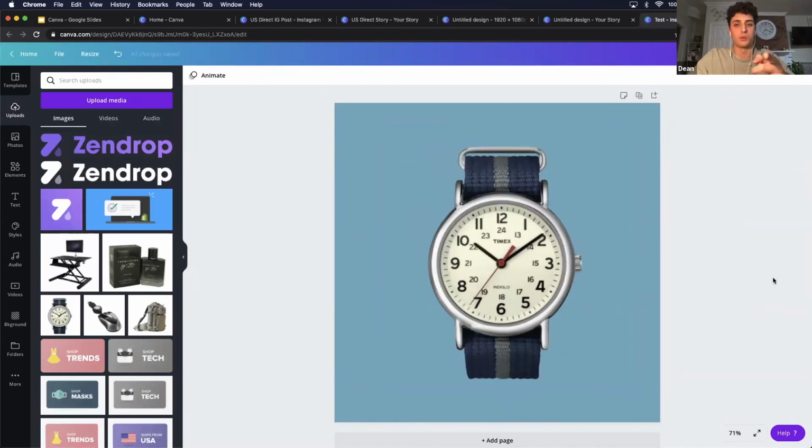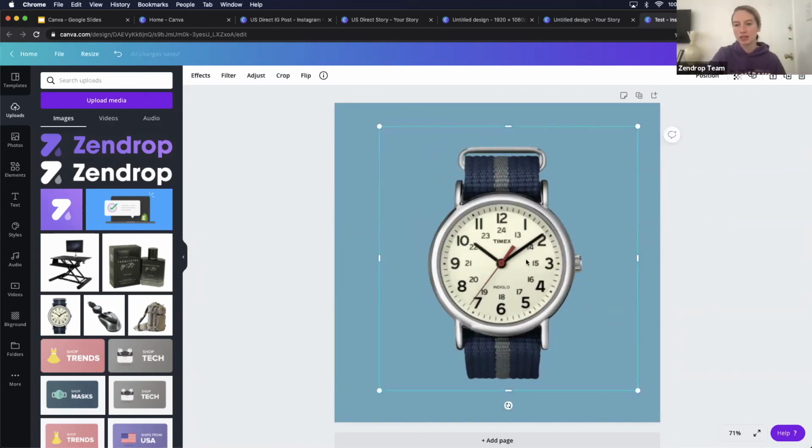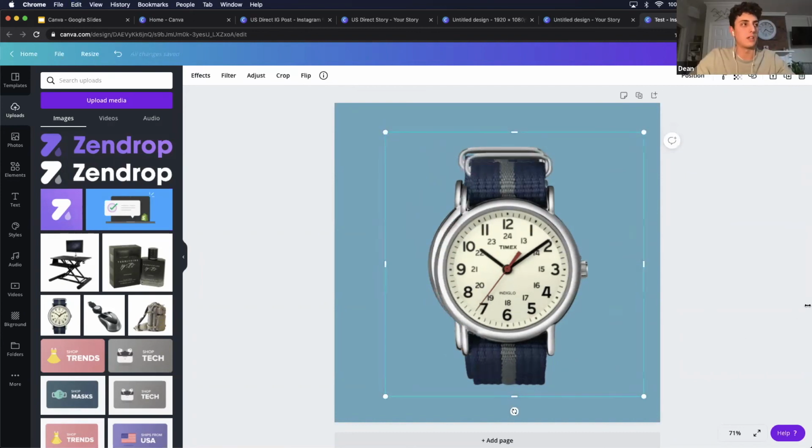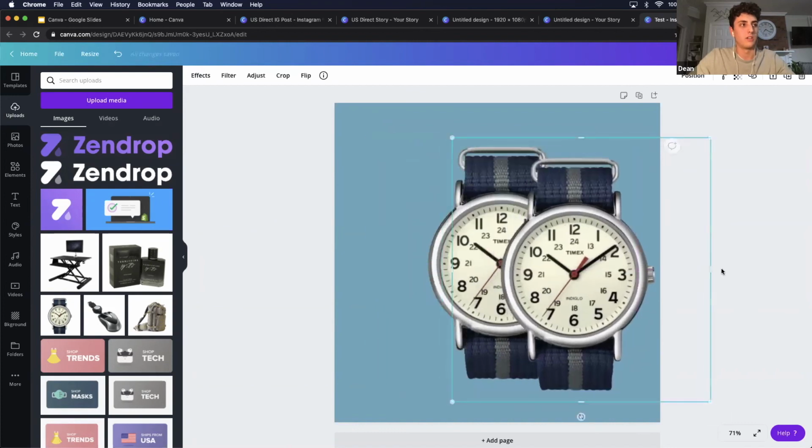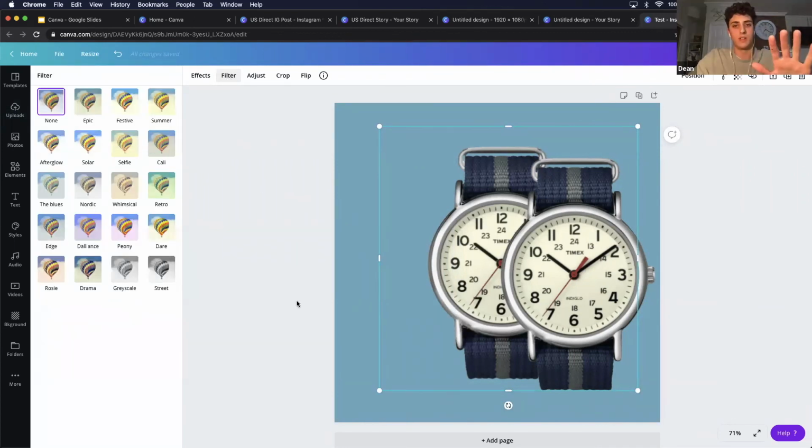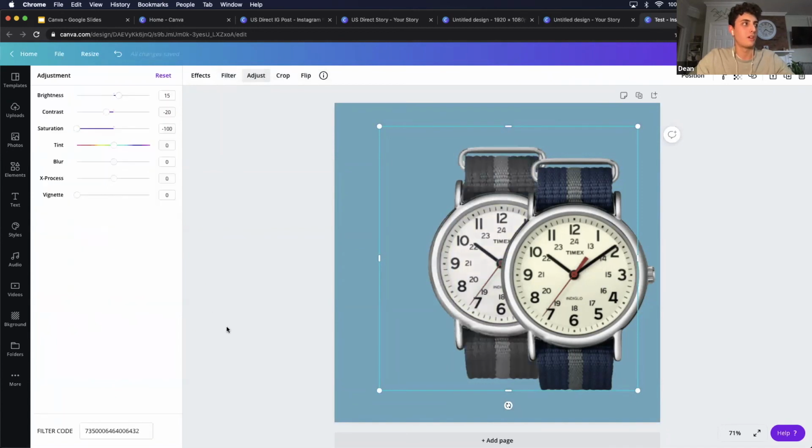And then here's another cool trick. Just while, Kennedy, you have any questions for me coming up? Let's keep doing this demonstration. We'll keep moving. So what I'll do is I'll Command C this, copy it, and paste it. So now I've got two of them, same size. I'll click this one in the back. This is something that I do 30 times a day for my work with Zendrop. I'll click the first one that I have in the back, change it to either grayscale or street, and adjust it.